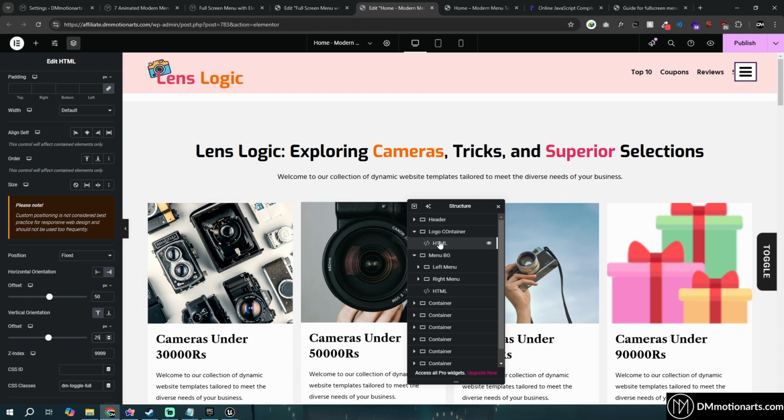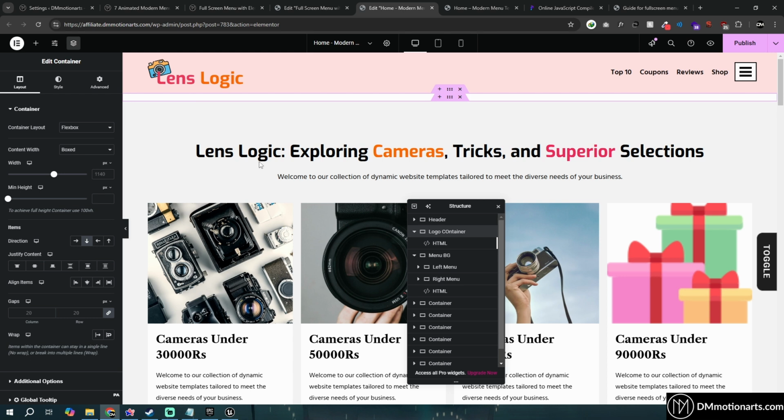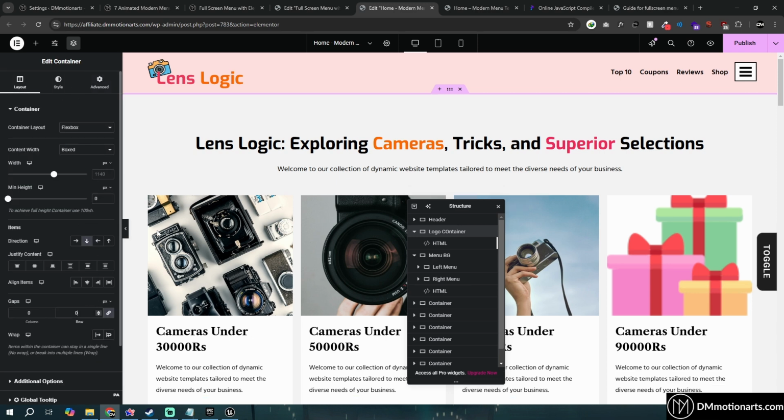So let's do 25, and in this header I can simply say that on the right side make it be something like this, so 100. So right now you could see there's small space happening around here because we have added a logo container and this is the HTML widget, but by default it adds some padding, right? So let's just do 0. We can also do 0 and 0 so that this container takes 0